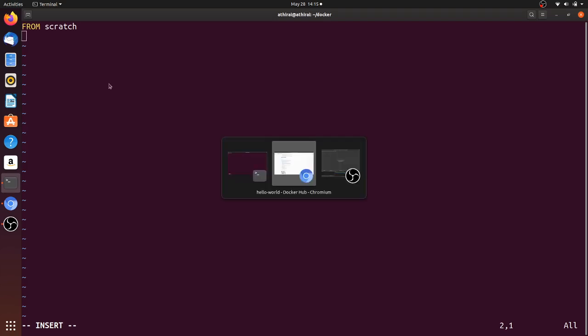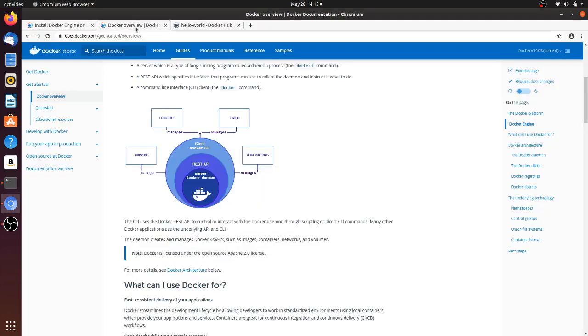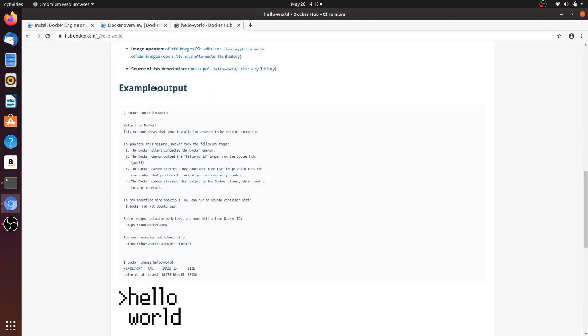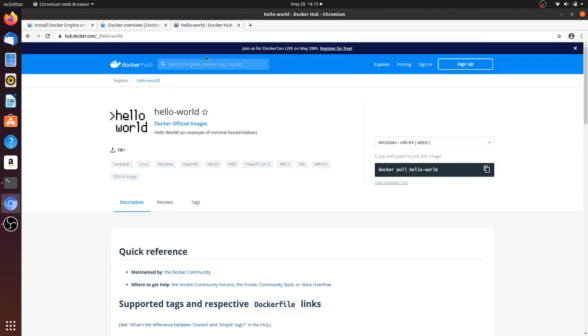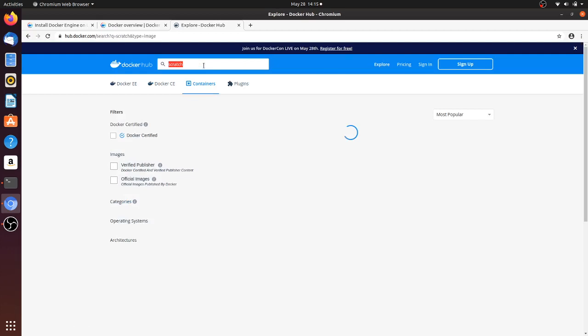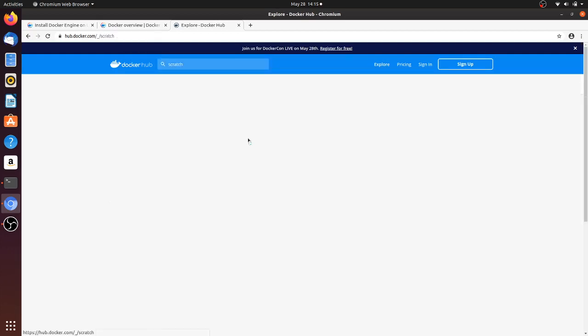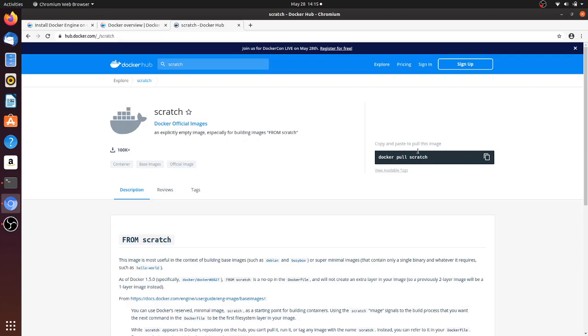If you come here and search for the scratch image in docker hub, you will find nothing, because this is actually not a docker image. So there is no need to docker pull. Even if you docker pull, it will not give you any result. We can directly say from scratch.